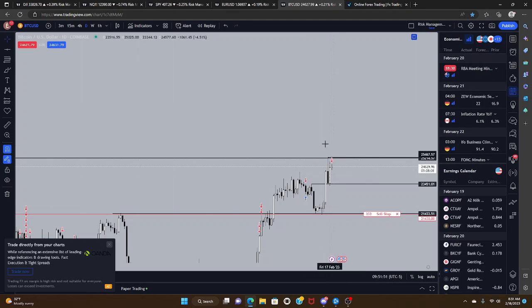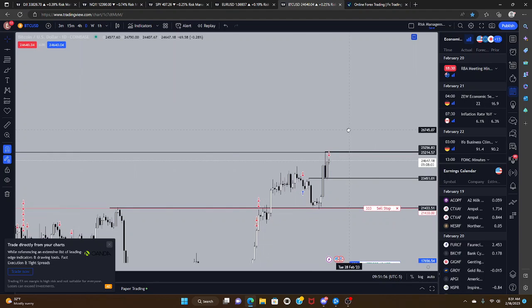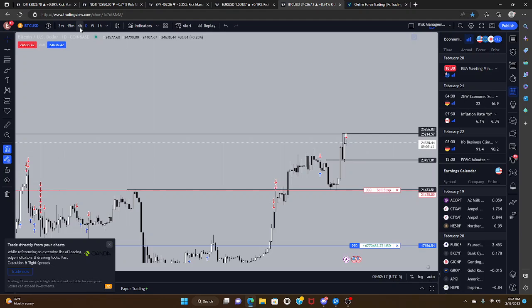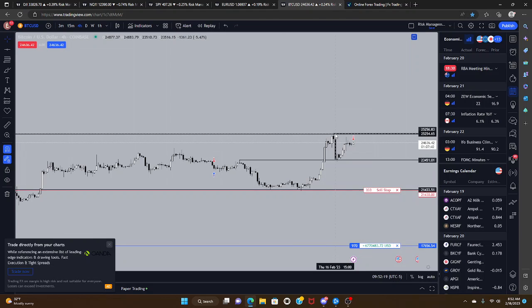So if we don't get run up in a parabolic run, then I will continue to take profit more aggressively. If price kind of stalls out here and then starts to bleed down, that's really not what you want to see. What you want to see is either a continuation up abruptly or some type of vertical accumulation pattern, where you're sort of grinding out at resistance. Like if you were to take out this high and then just kind of push up slowly, that would also be a good sign as well.